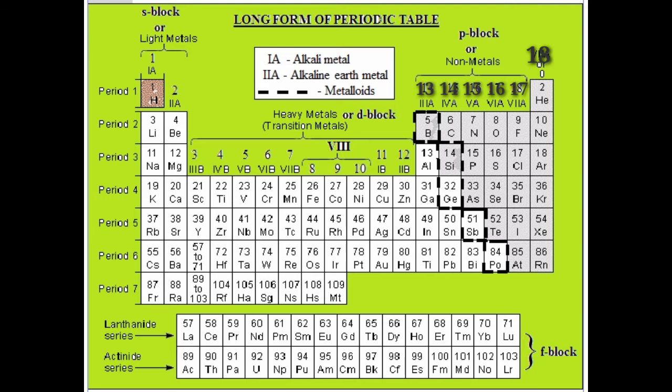Just revise it again. First group is of alkali metals, second group is of alkaline earth metals. Elements belonging to groups 3 to 12 are all metals. They are also called transition elements. Groups 13 to 18 come under the P block. Some are metals, some are non-metals, and some are metalloids. What about the 17th group? The 17th group is of halogens and the 18th group is of inert gases. Is this clear to you?